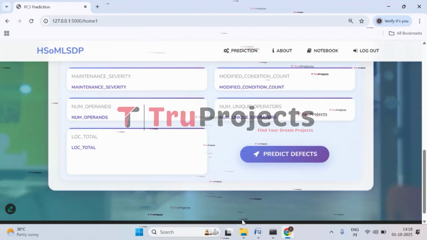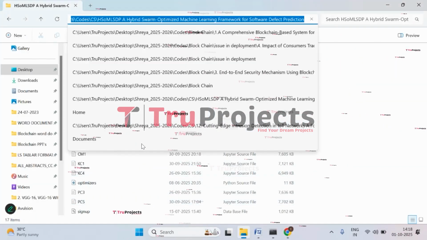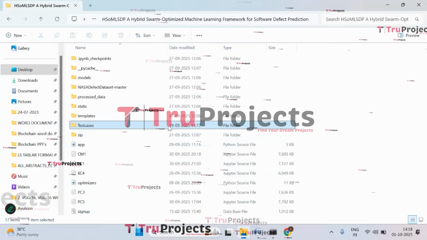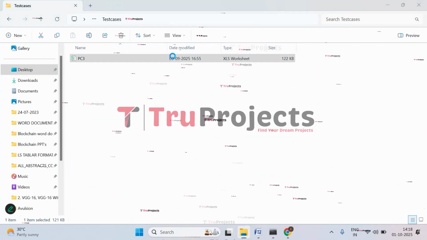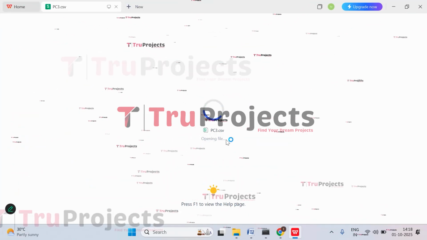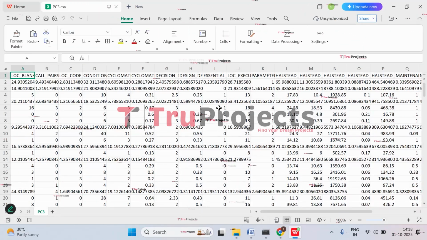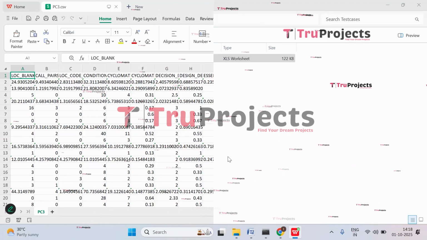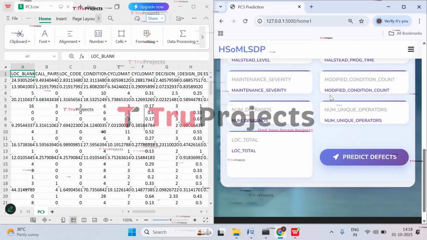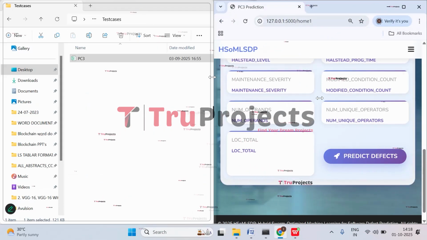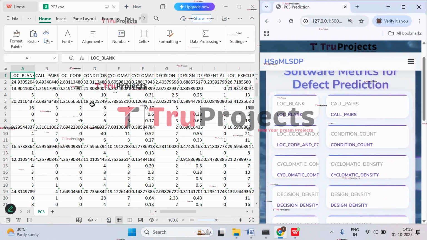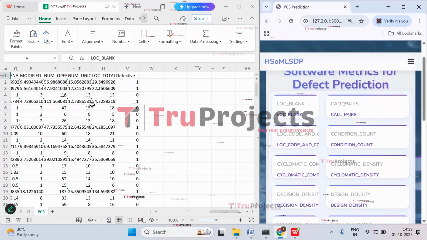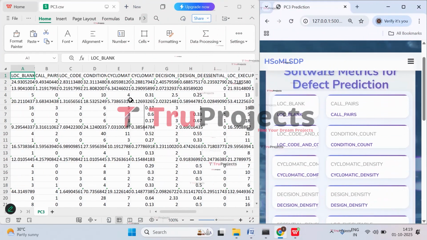Let's start entering them. For that, let's open test cases. Open the PC3 file. So these are the features that are to be given as input. So let's start entering them. We have two kinds of test cases, that is 1 and 0. So let's check with this first case